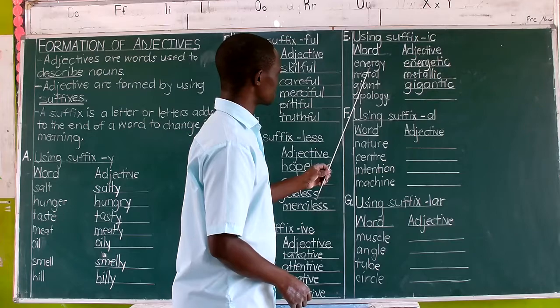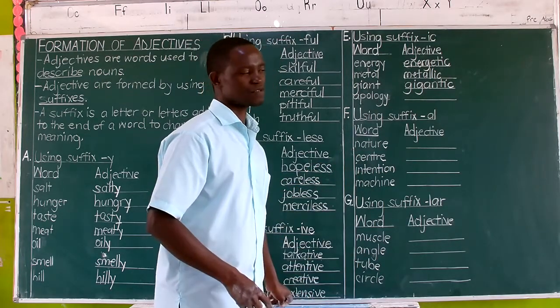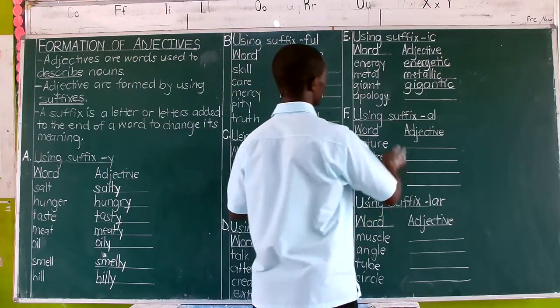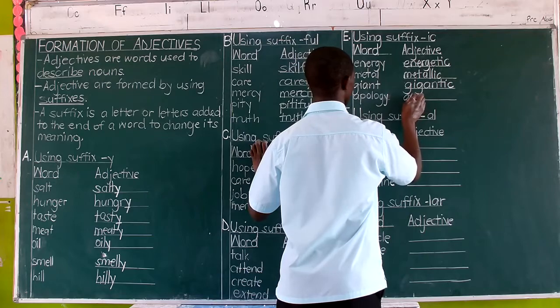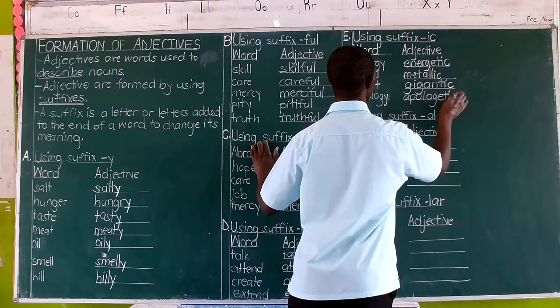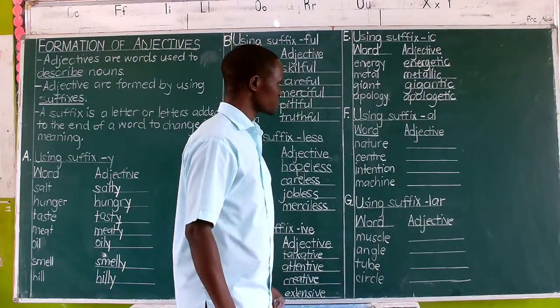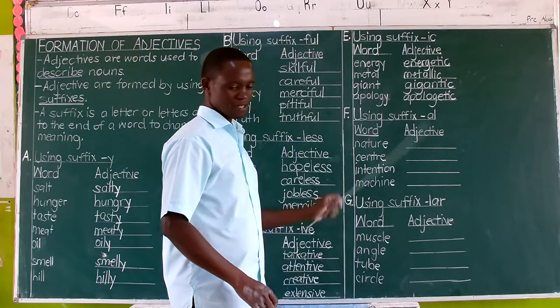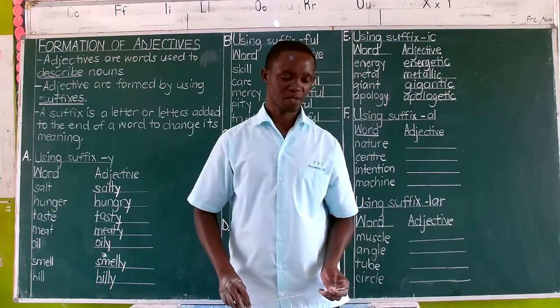If I know energy changes to energetic, what should confuse me with apology? Obviously, something similar. From this I get apologetic. Apologetic. No Y, just like here, no Y in energetic. So from this, you can complete the list on page